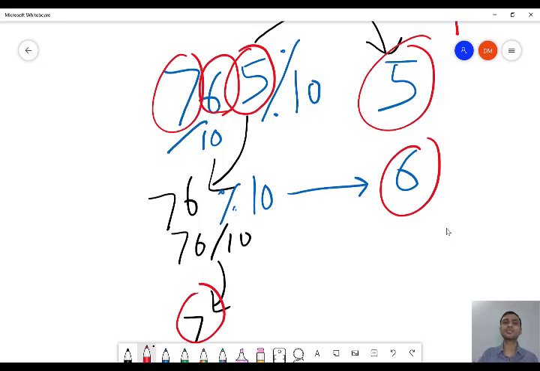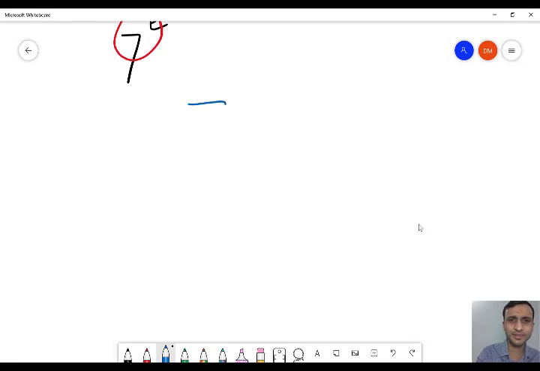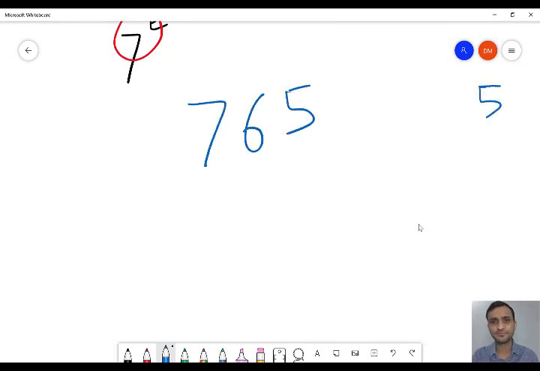So this concept is going to be used in our program. That is, we have to do modulo 10 to get the digit and divide by 10 to delete the digit. I will let you know what I mean by this. Take the same number again, 765. Our job is to get 5, 6 and 7, all the digits, and then print them.